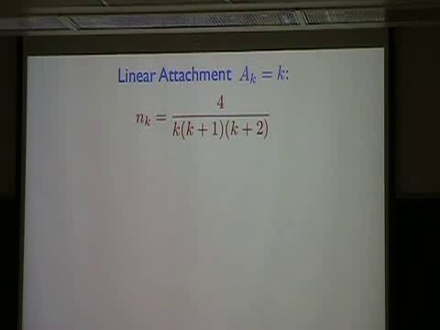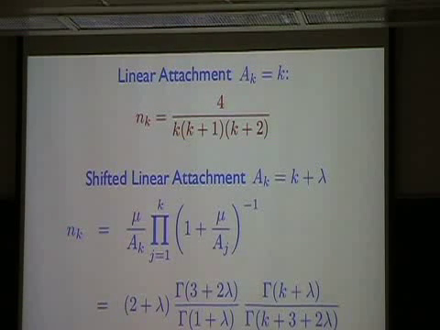So one example is what might be called strictly linear preferential attachment, A_k exactly equal to k. In that case, if you take that little product formula I showed you a couple of slides ago and just plug in A_k equals k, you very quickly find this distribution. And so it's 1 over k cubed asymptotically, but in fact we have a bit more because we have the amplitude and we have everything.